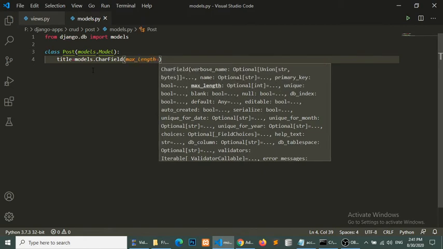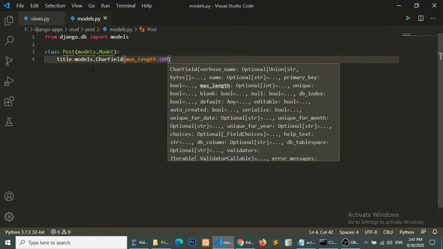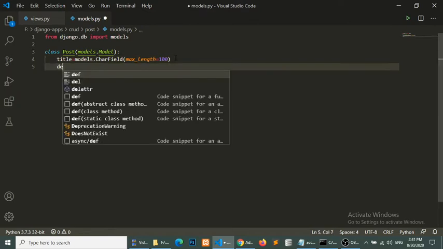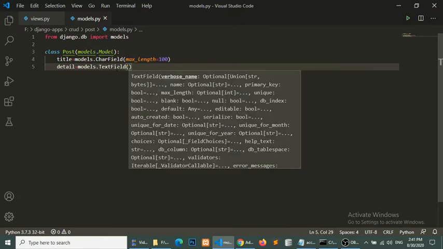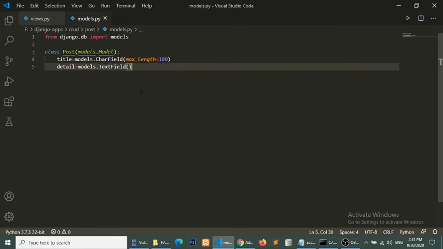So here the maximum length argument is required, and the second field is detail. In the character field, we need to put maximum length. Text field, and now we will create this table post.